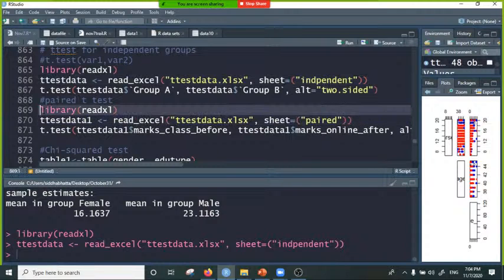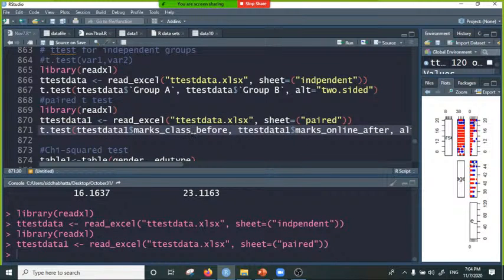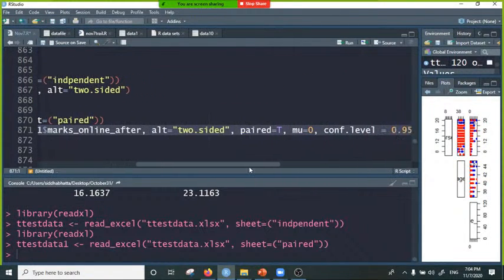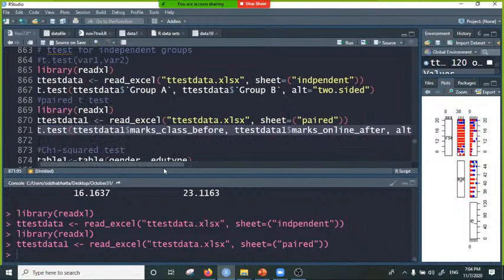So I import the t-test data for the paired t-test. That has marks before online class and marks after online class. The name of the function is t.test. The only difference is that we have to keep an argument that paired equals TRUE. Paired equals TRUE. This is the extra argument. If I run this,